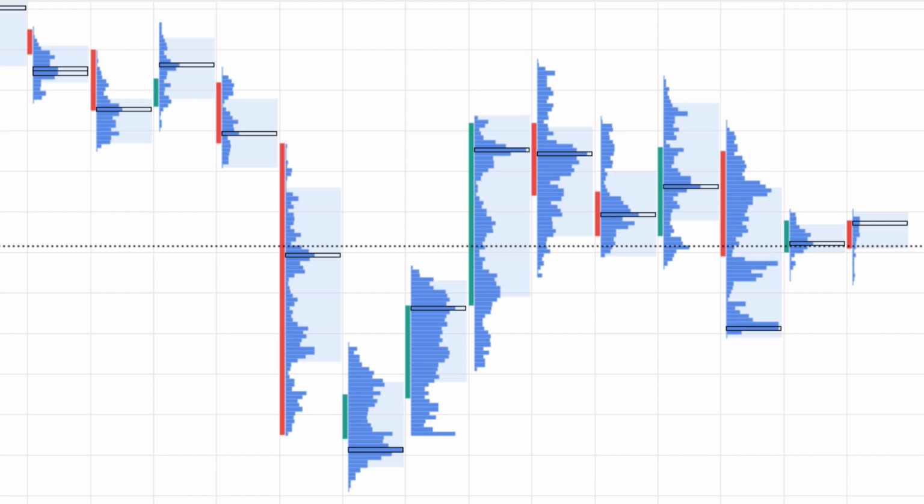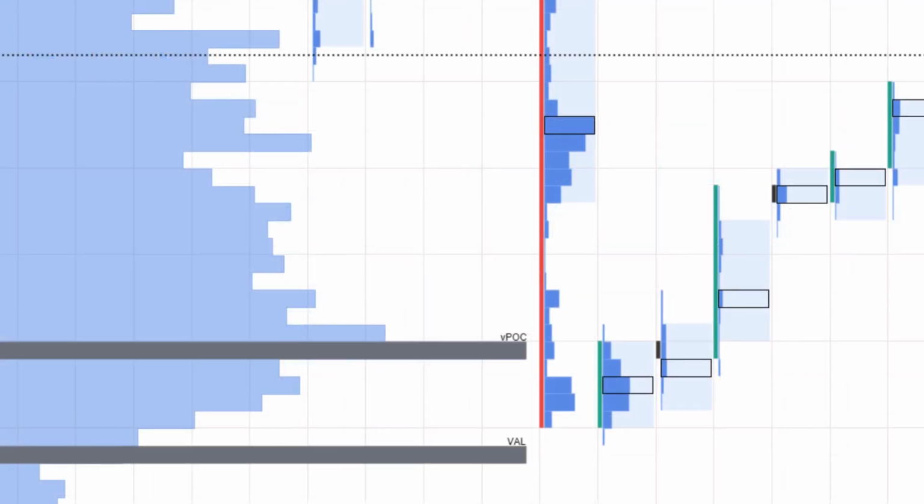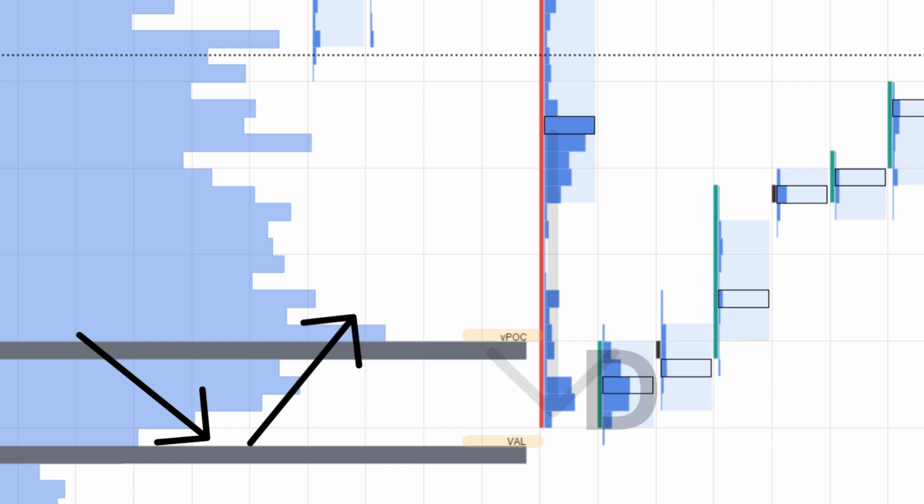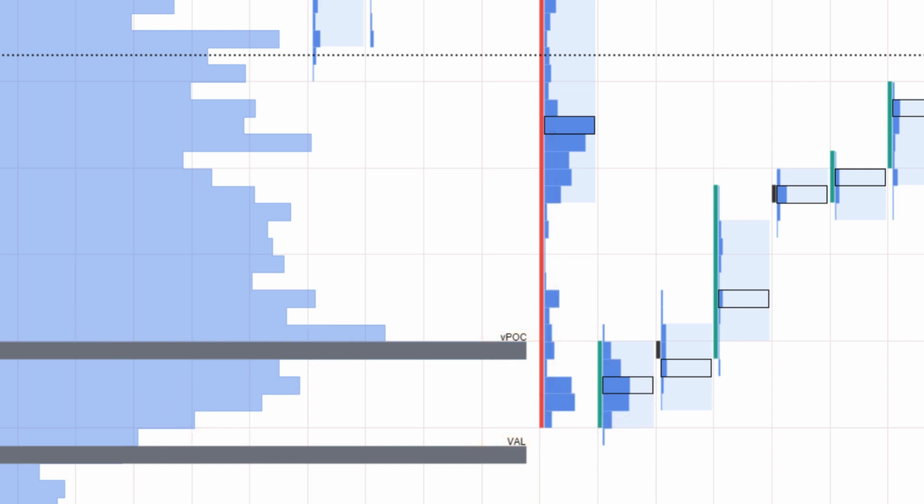Look here in this example. Price has come back down to our point of control and our value area low. We then have a D-shaped profile signaling that buyers and sellers are becoming balanced. Now, given that we can use value area low as support along with the point of control, we could have